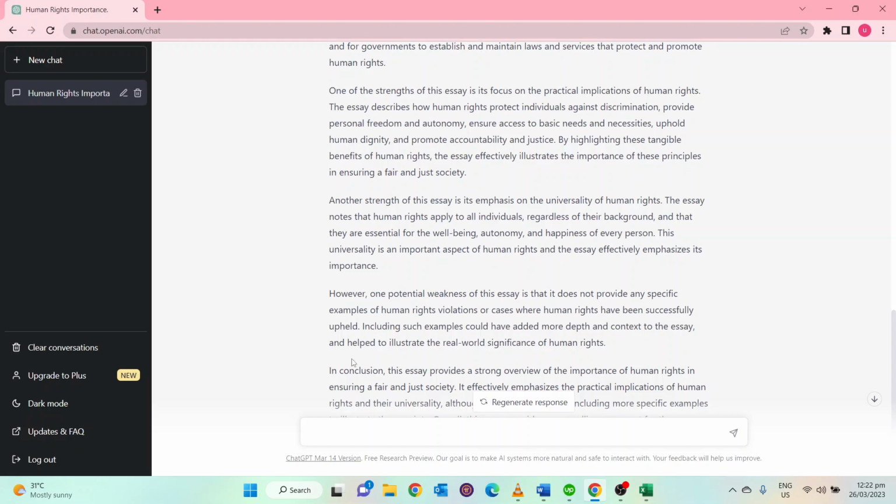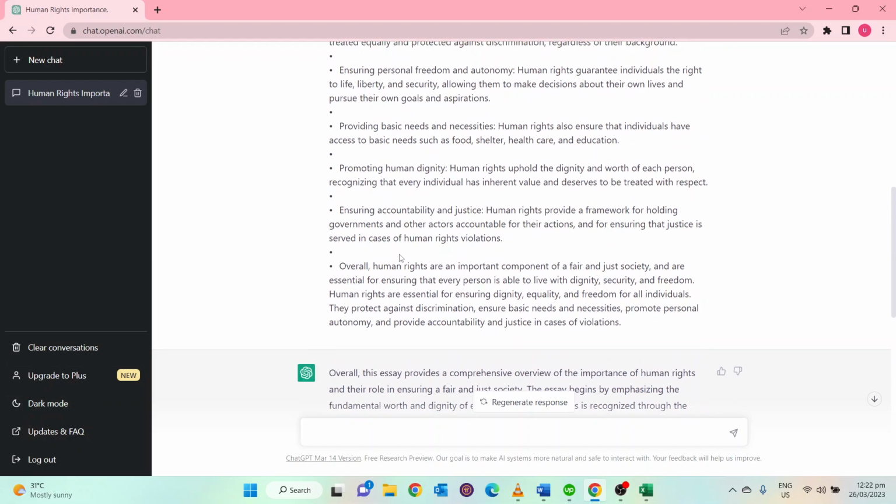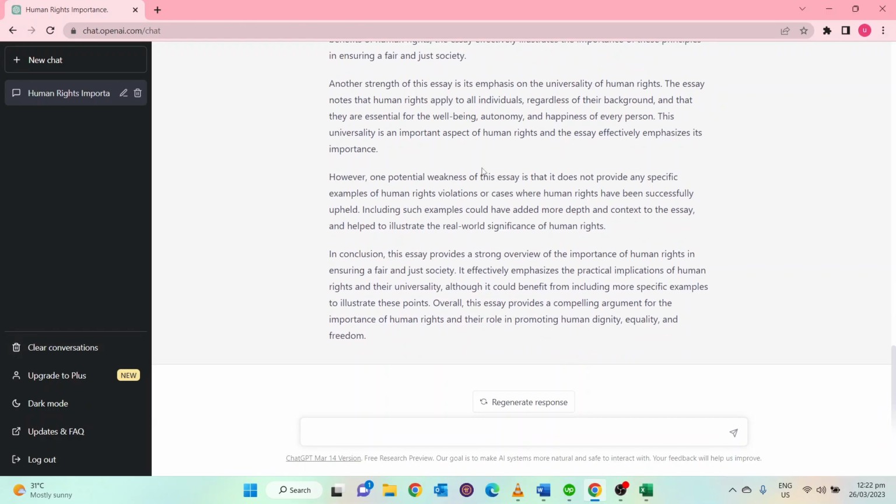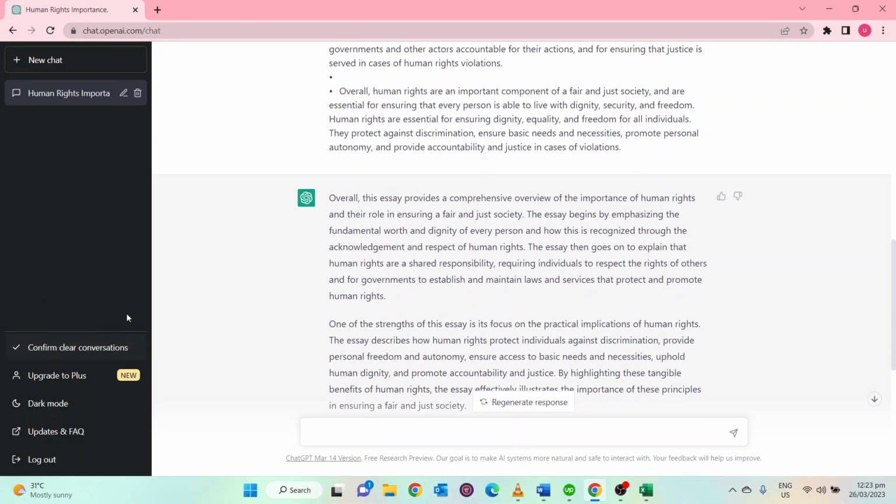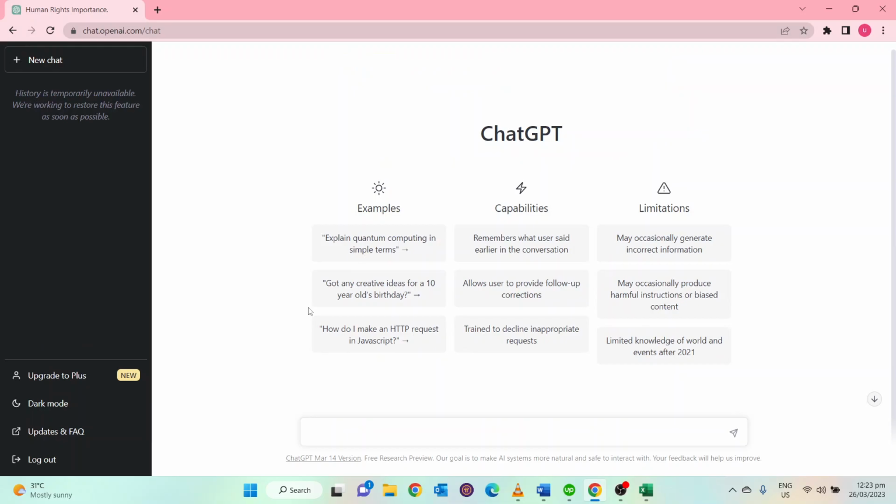So that's one good feature which we can see in ChatGPT. So let me clear the previous conversations. And we'll move to the next topic, which is modification prompts. So rather than criticizing an essay, you can give it something and ask it to translate to some other language. You can use this